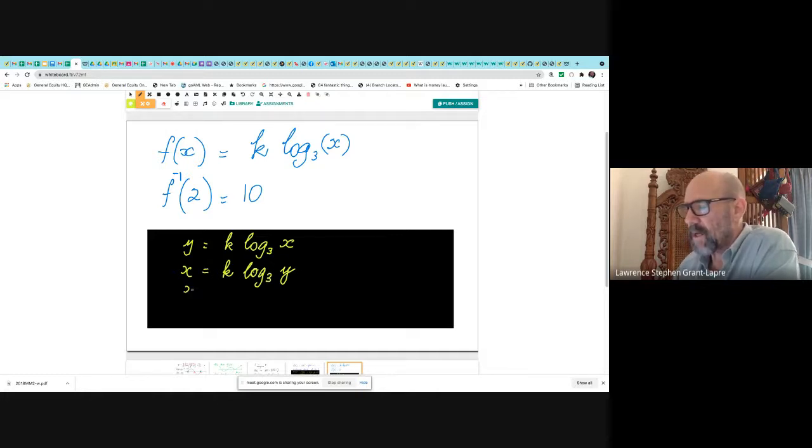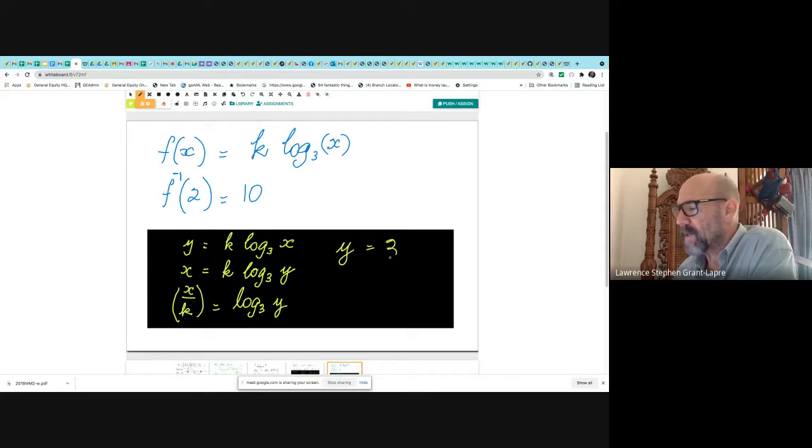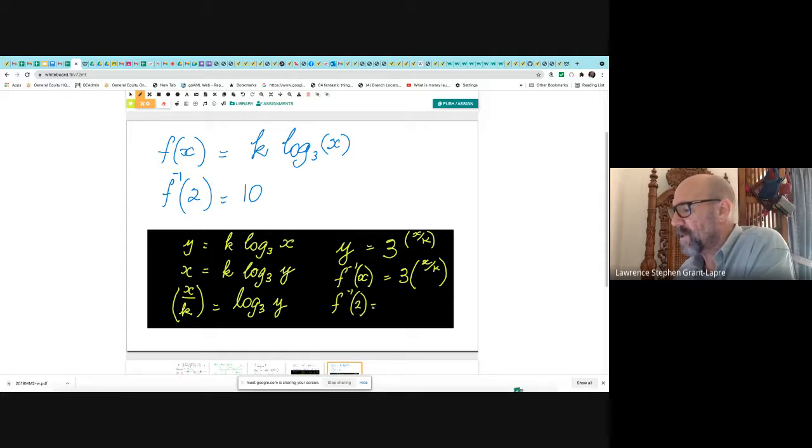So if I take k across, x over k equals the log base 3 of y, it means that y equals 3 to the power of x over k. Now, that's the inverse function, 3 to the power of x over k. Now, if you substitute 2 into that equation,